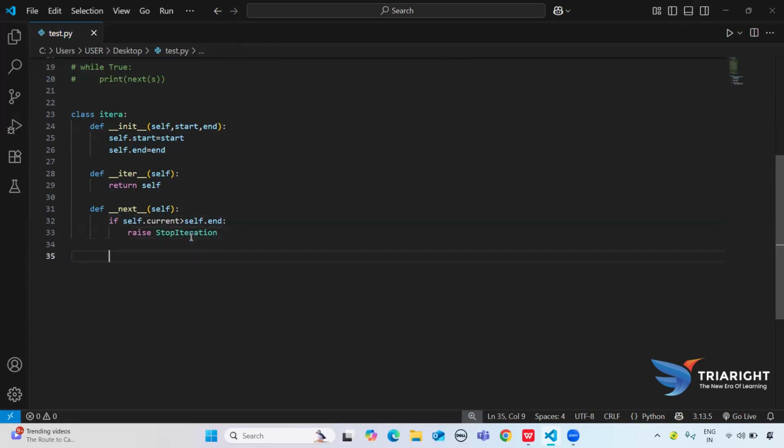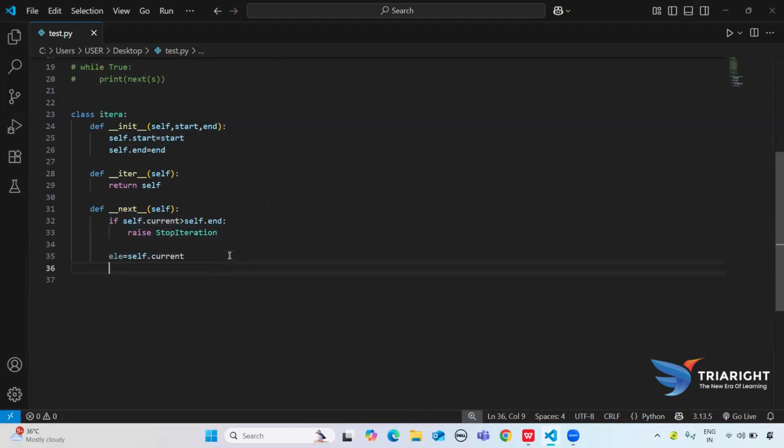Okay, so now my requirement will be I want to take this self dot current. Here I'm just trying to take in my element, because I want to traverse that particular thing. So self dot current. After I'm getting this current into my element, now my requirement will be here I need to specify